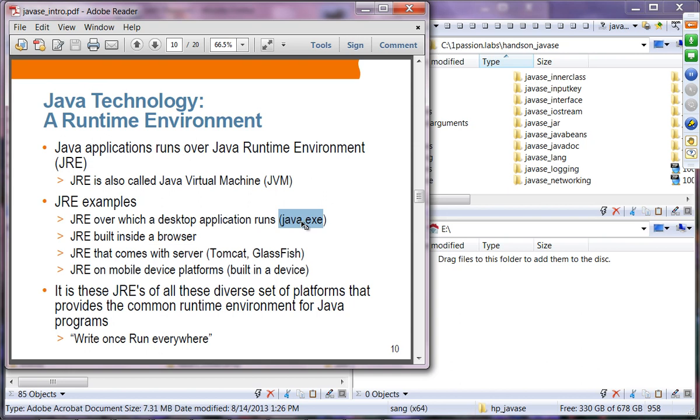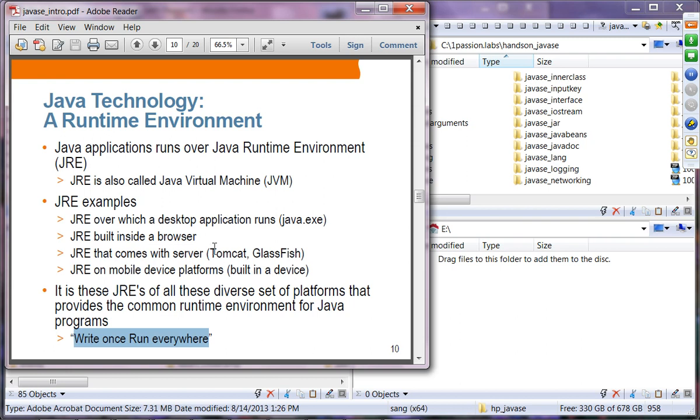Because the virtual operating system JRE provides a common platform for running Java applications, you can write once and run everywhere. Which means you don't have to write a different version of a Java application for different platforms. Instead, you write just one Java application, and you should be able to run it on different platforms.